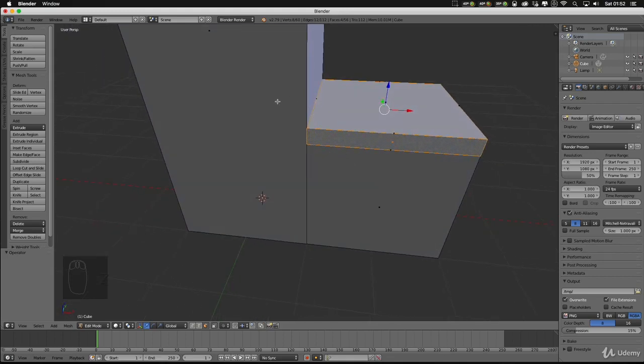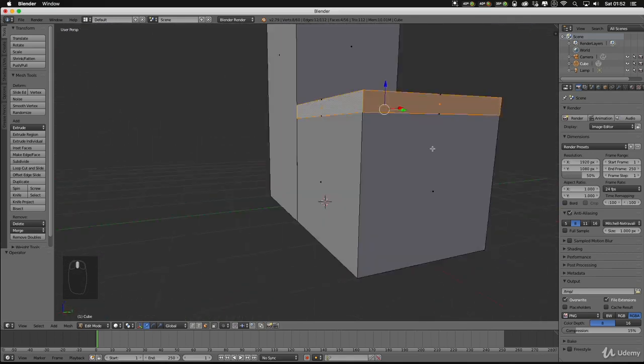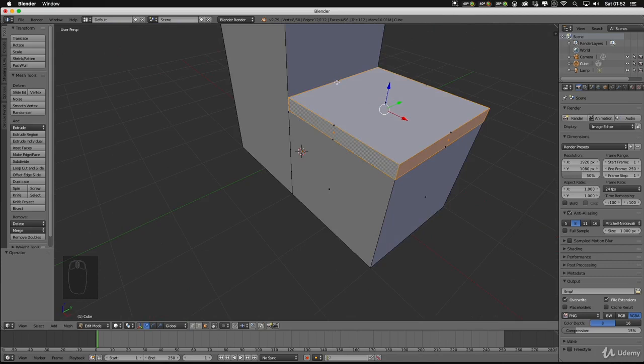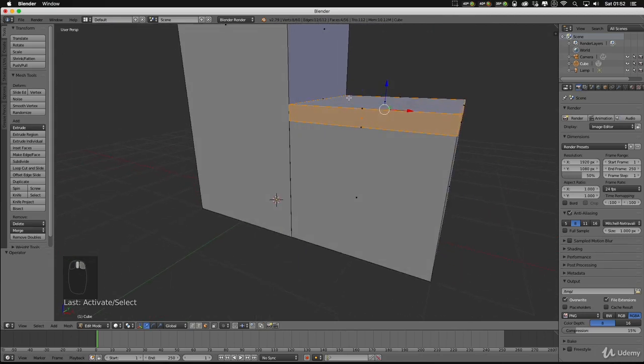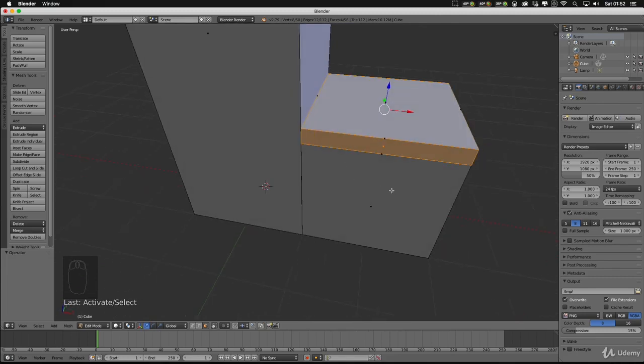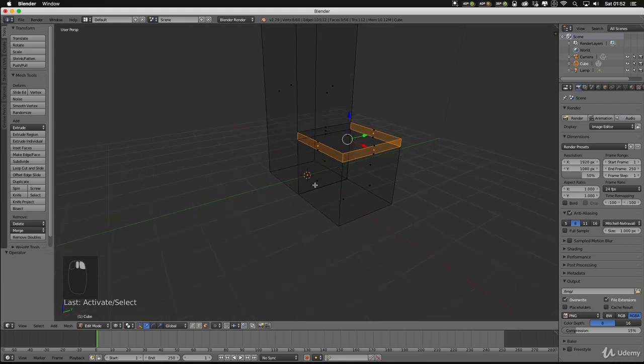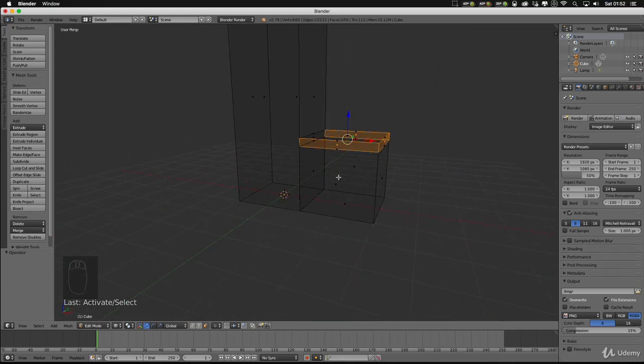Now, I don't want this back face to be selected when I extrude. I just want to extrude these three faces, but I can't really get to this face. You can see I'm trying to deselect it, and I'm actually selecting the other faces. So to be able to see through our model to get to this face, we need to put it into wireframe mode. So to do that, just press Z, and now you can see that we can see through our model, and now I can get to this face here, and if I hold down Shift and click on it, it's going to deselect that, which is great.